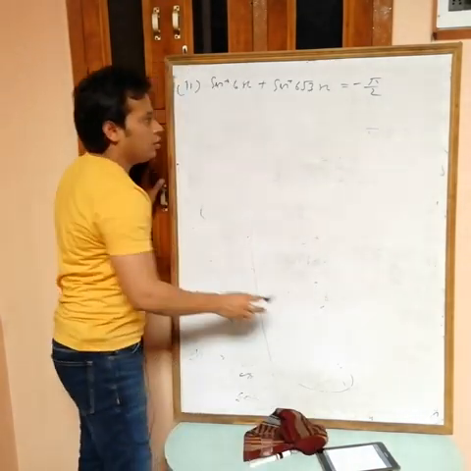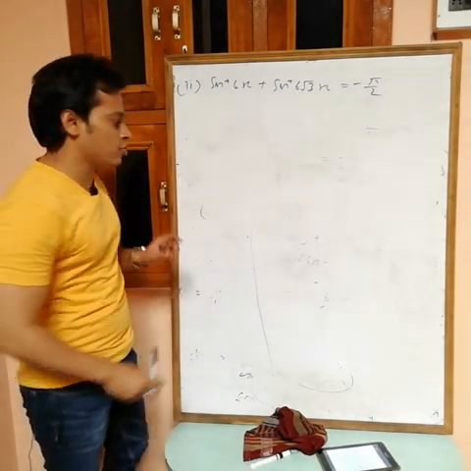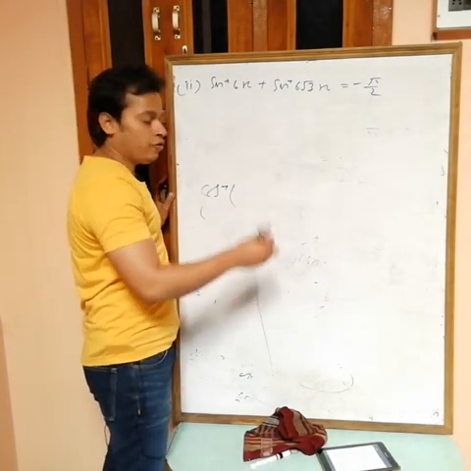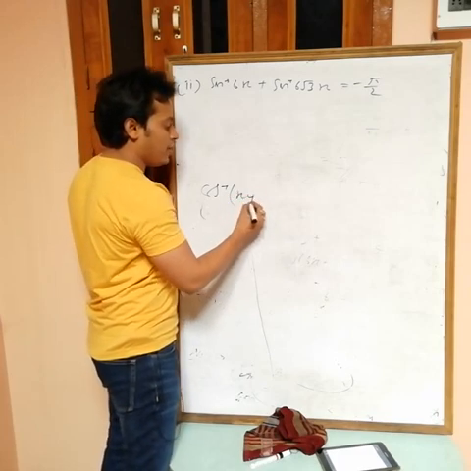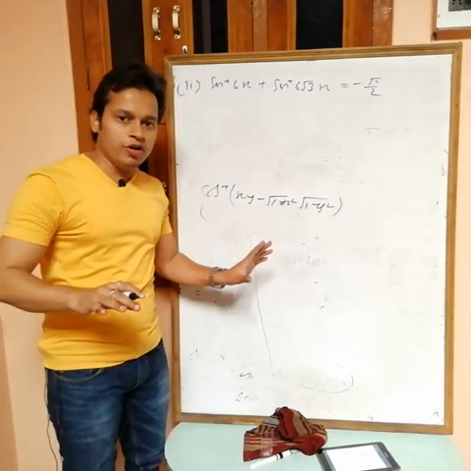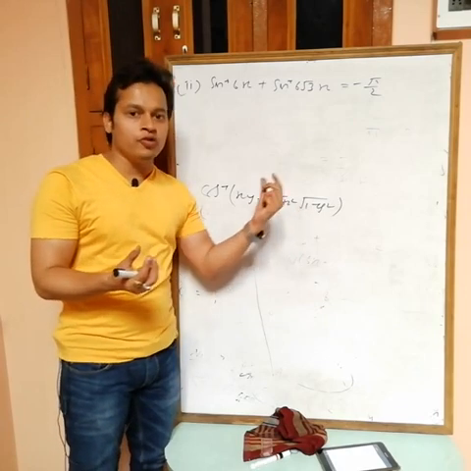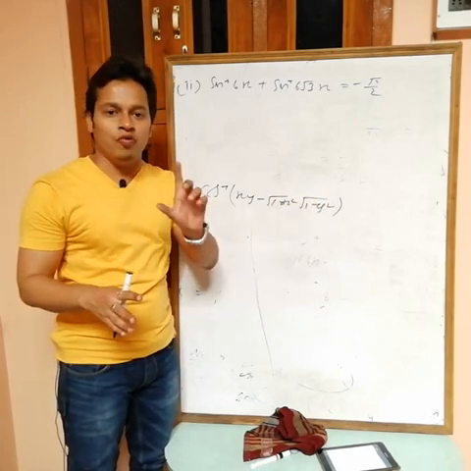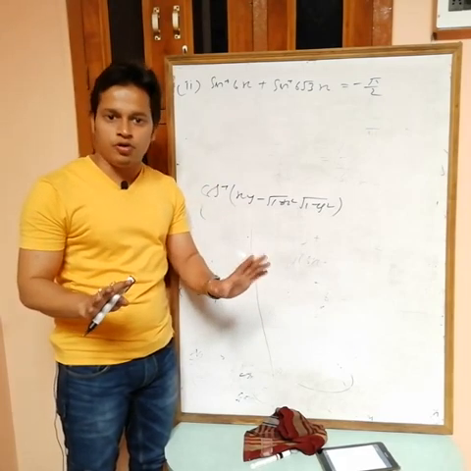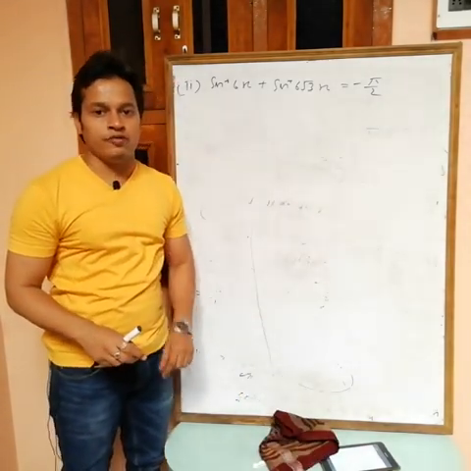Then how to solve? At the place of sine inverse x plus sine inverse y, we have to use the formula of cos inverse x plus cos inverse y. In the cos inverse x plus cos inverse y formula, it is xy minus root 1 minus x square root 1 minus y square. In this one also we have roots, but both roots are in one term. So you can write this term on one side and then take the square. When we are squaring, only in one term will you get terms without a square. So first convert these terms into cos inverse for simplification.